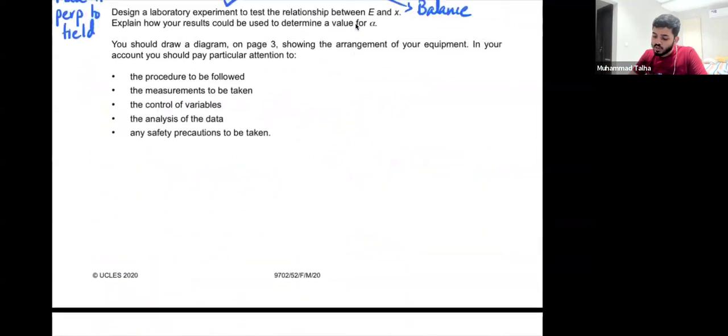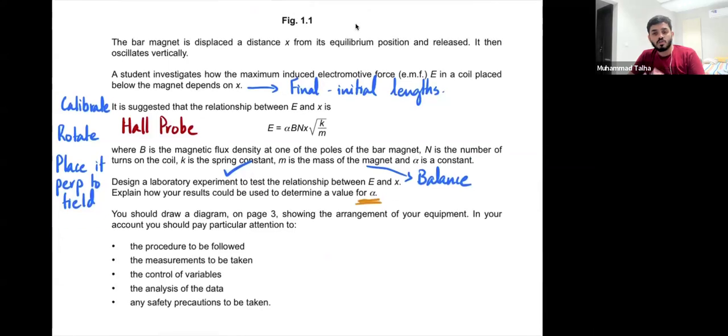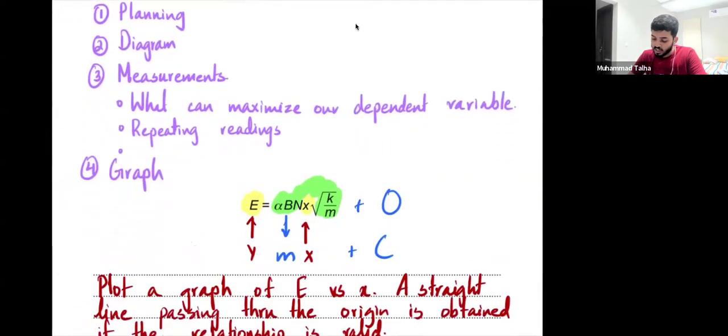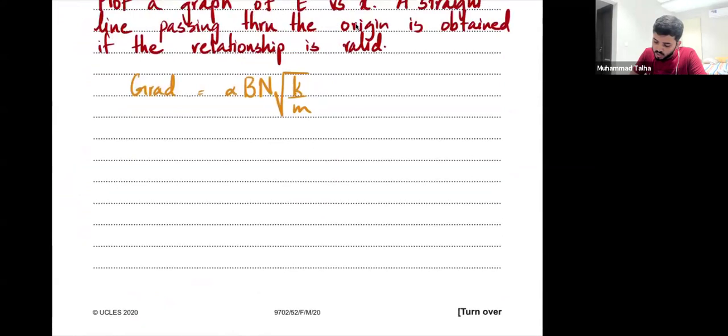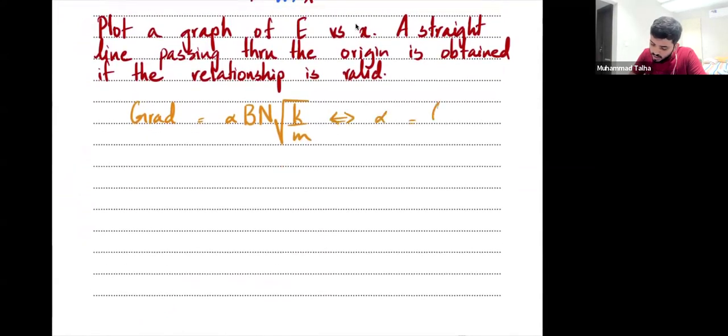If you look at your expression here, the constant alpha is what you want to find. So this should be the subject of the final equation, not the gradient. So from here, what you should then do is make alpha the subject, so this becomes the gradient times